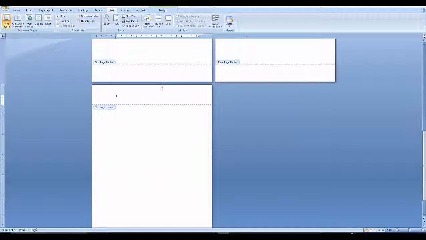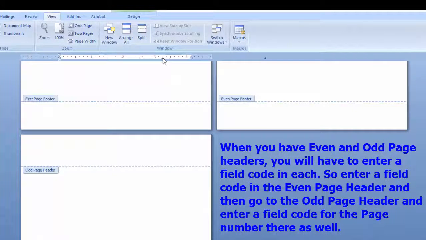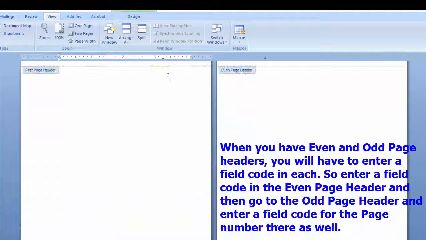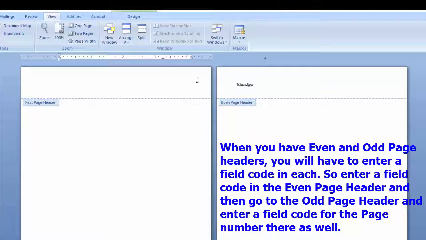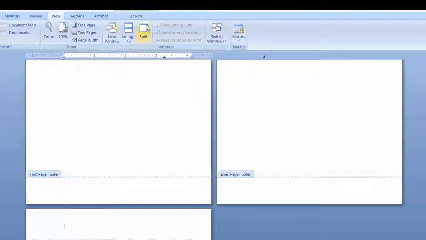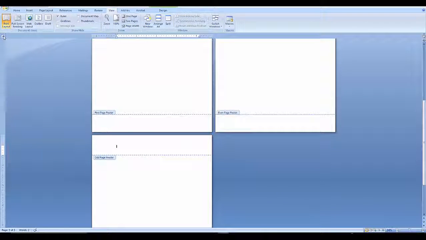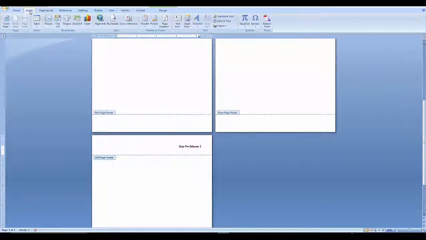If I wanted to add page numbers in the header, I would put my page numbers to be positioned on the outside of each page. So on the even number pages, I would enter my page number before the book title and enter the page number for the odd number pages at the end of the author's name. I'm going to clean up the tabs on my ruler, and I'm going to enter a right tab for my odd page header. I will add a separator after the page number on the even pages and before the page number on the